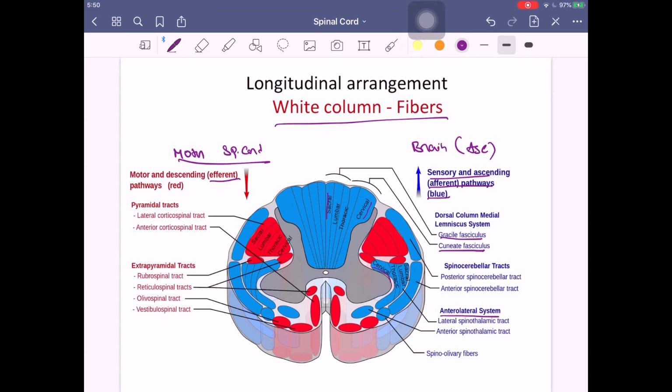Similarly, you can look at another tract called the spinothalamic tract. Here you see cervical is located close to the gray matter, and the sacral is located close to the periphery. That is one type of arrangement. And if you look at the pyramidal tract, here cervical is located inside, whereas sacral is located outside. So why do we need to know this? Because if there is any injury or lesion happening closer to this part, then the cervical fibers which are supplying get affected most.